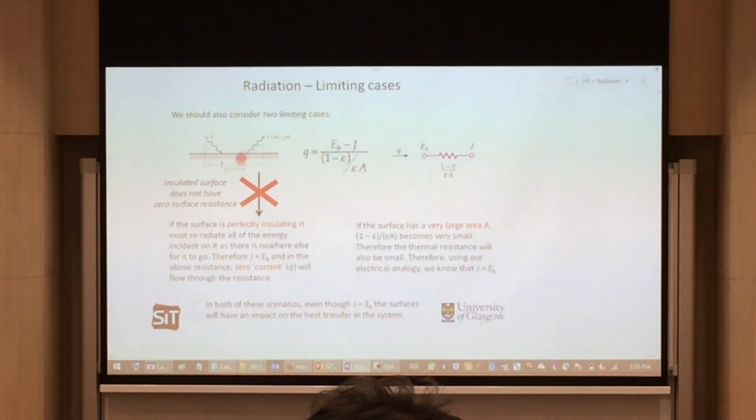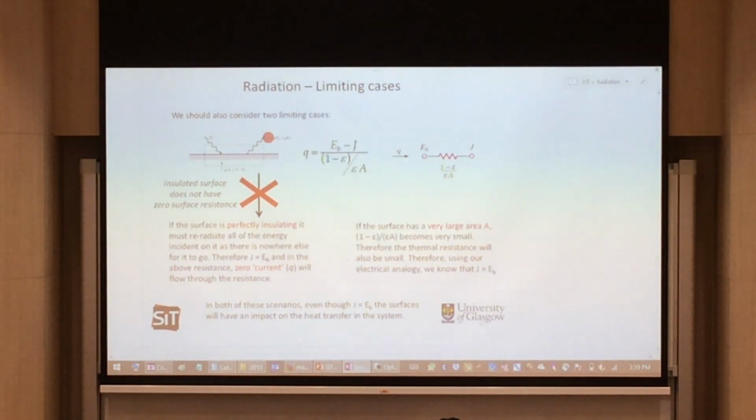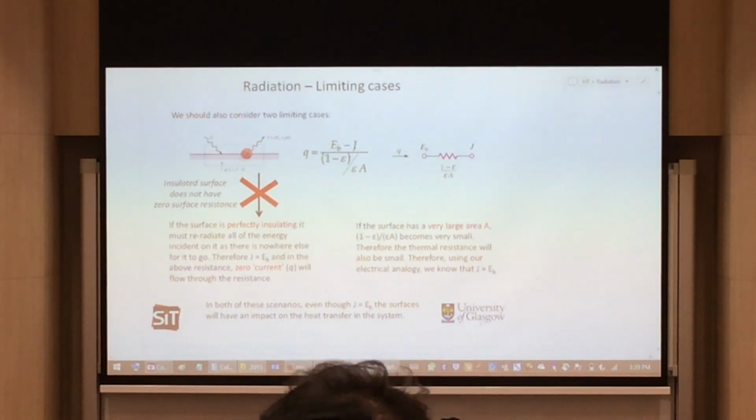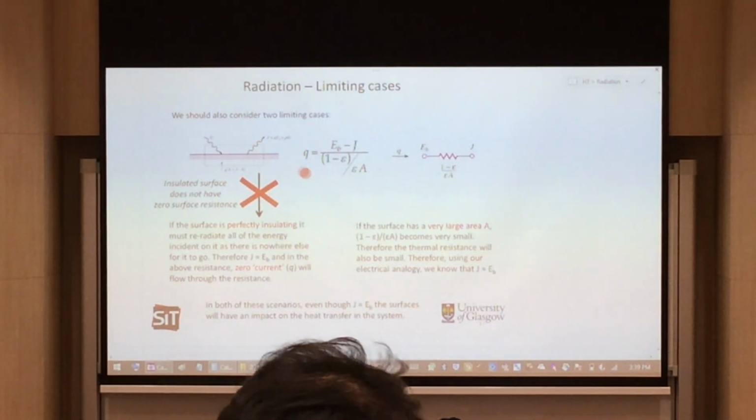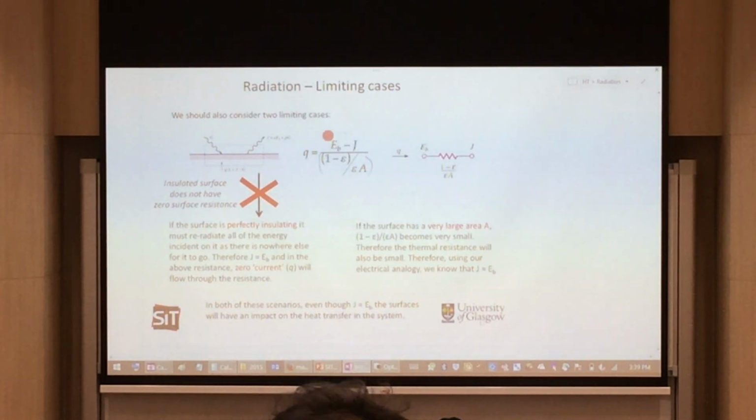It has nowhere else to go, because it's perfectly insulated. It must re-radiate all the energy. If that's the case, then your expression over here, where you have your thermal resistance, and this one